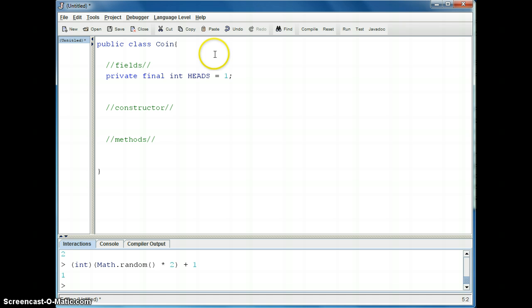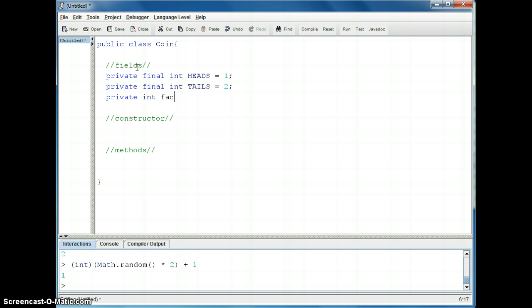So let's write the same statement for tails. So we'll say private final int tails, and we're going to assign it the value of 2. Our last variable or instance field is the one for the face, and this one does change, so we will not make it a constant. So we'll write private int face,